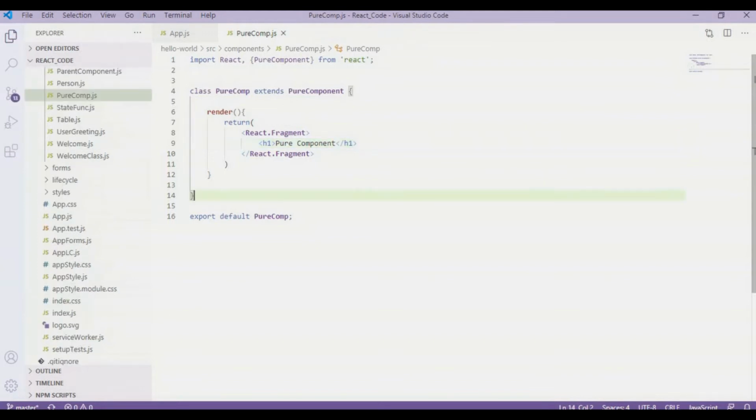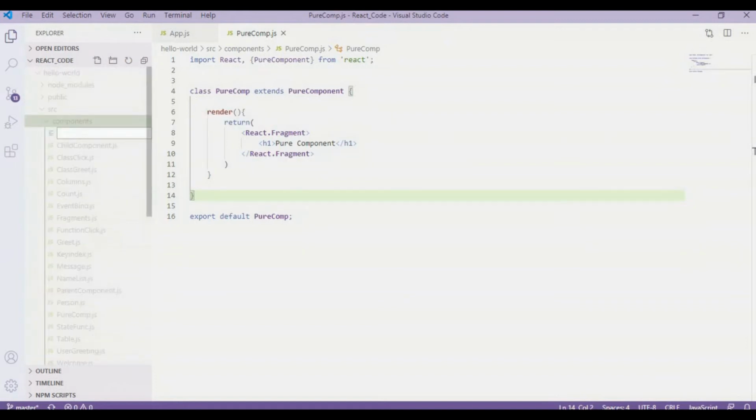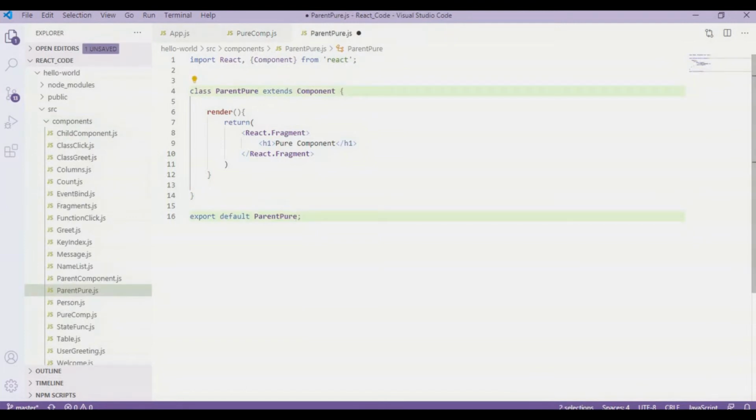Alright, now I'm going to create another component and I'll name it parent component, also with an h1 tag saying parent component. Now I'm going to call this pure component inside this parent component.